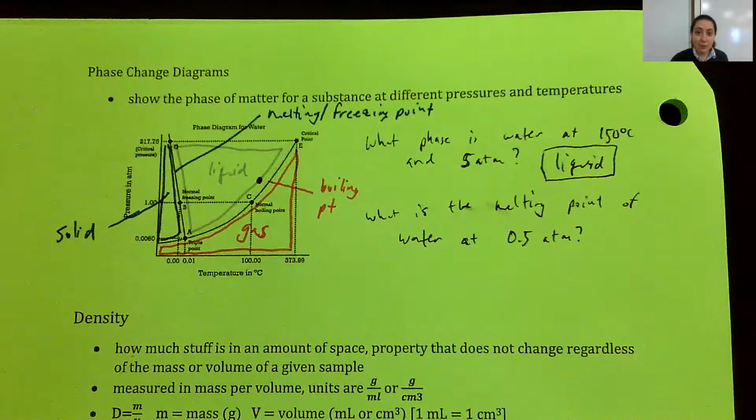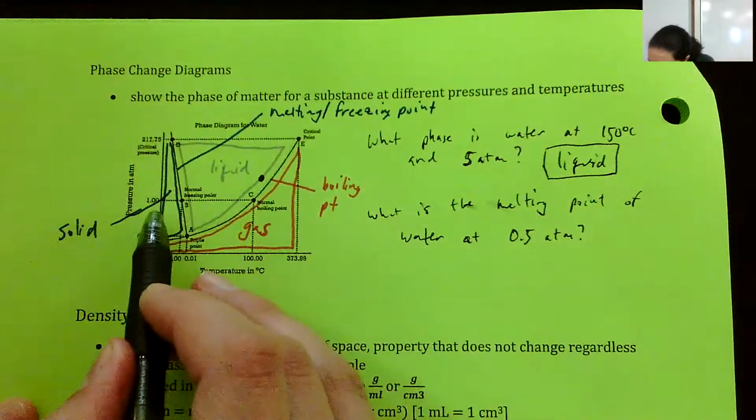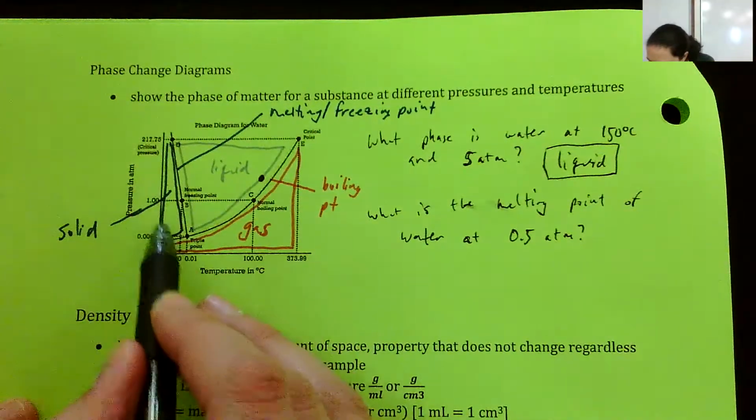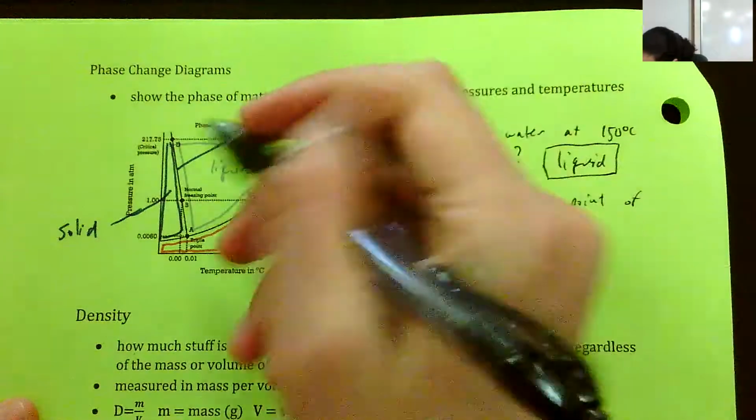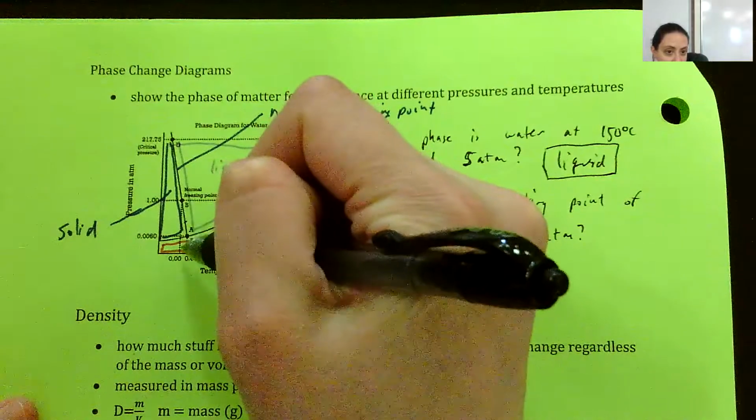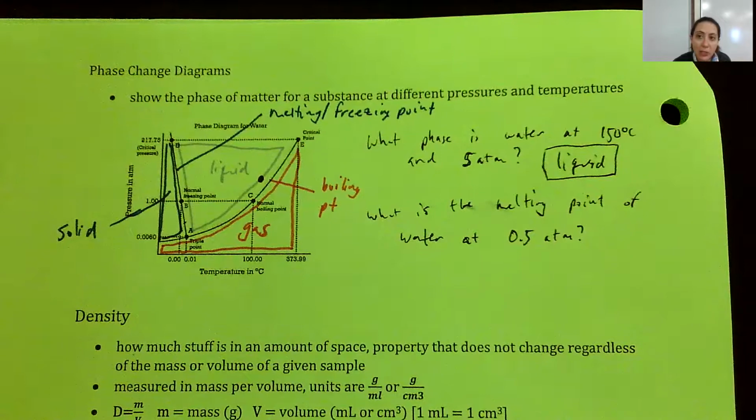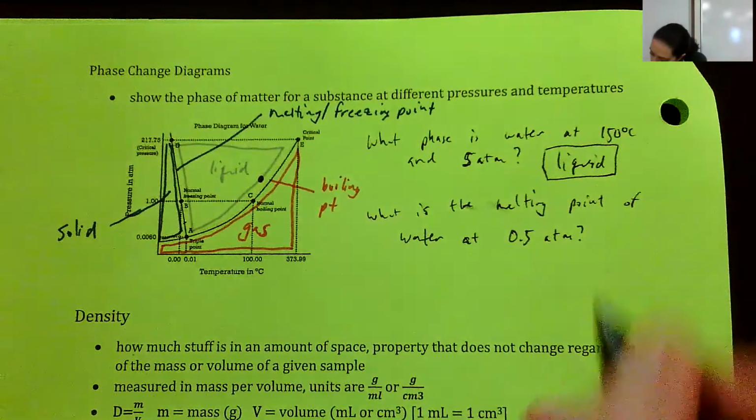Here's another type of question I can ask you. What is the melting point of water at 0.5 atmospheres? So this one we are looking on the line. This is the melting point line. So we want to find half an atmosphere, which is maybe about here. So we just have to go down and figure out what we think the melting point is. It looks like it's going to be somewhere